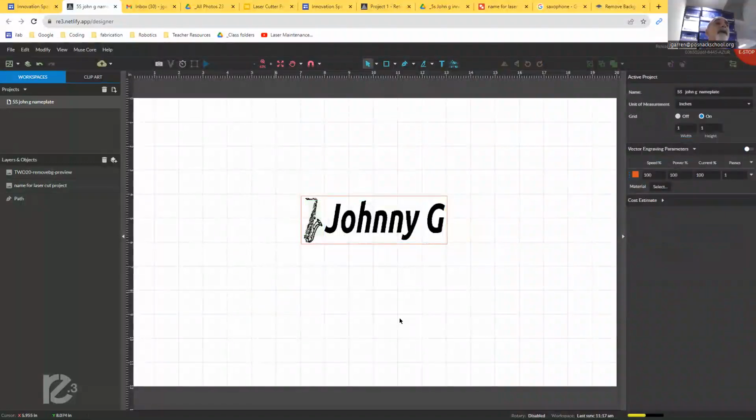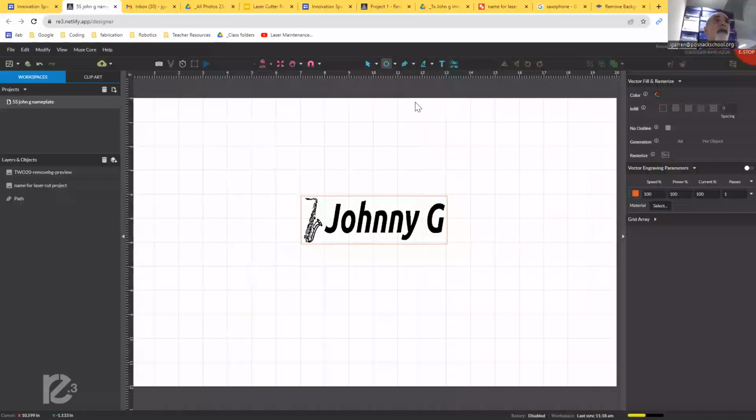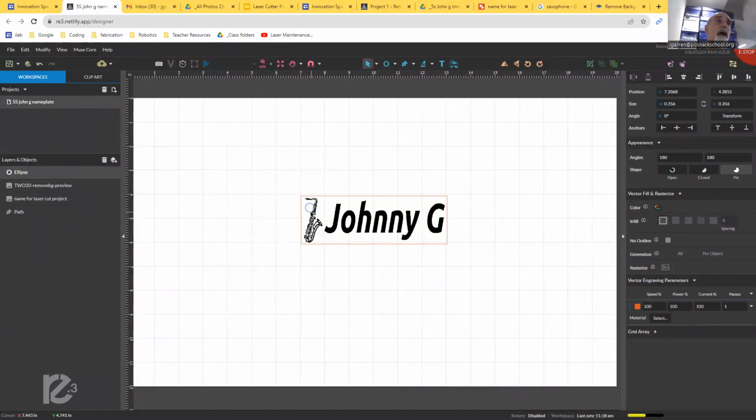All right, once I've got my nameplate set up, if you want to put this as a bag tag on your bag, or you want to put a string through it and hang it somewhere, you'll need to cut a hole into it. That can always be done at a later time if you don't want to do it right now. To do that, I simply click the circle or the ellipse tool from the shape drop down, and I do a circle. I held the shift key when I did that,